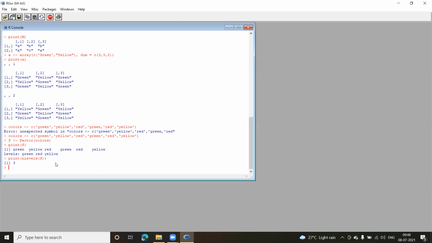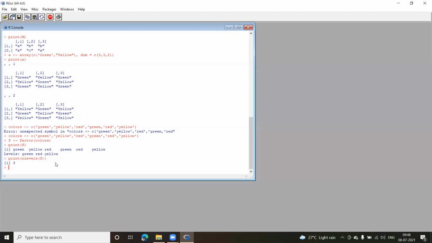The last type which we have, and which will be used frequently in our programming, especially when we are handling files, when we are handling Excel files or any database files, I'll be using data frames a lot. So the last one is the most important and frequently used object, along with the vectors object.